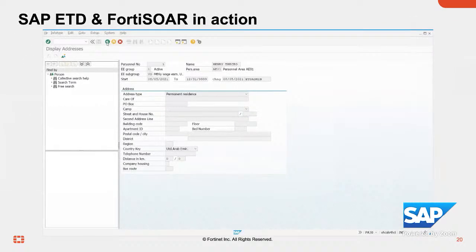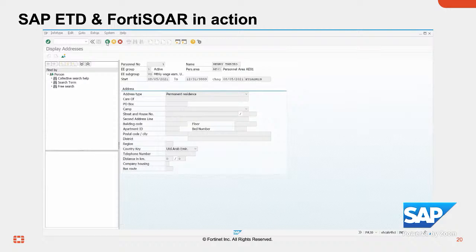Ready? Yes, sure. Julian, thanks for handing this over and handling the video here. What we see here, first of all, in the video is that we are already logged on to an SAP ECC or S4 system. That's the older UI, but that would work for UI5 as well, pretty much the same way.